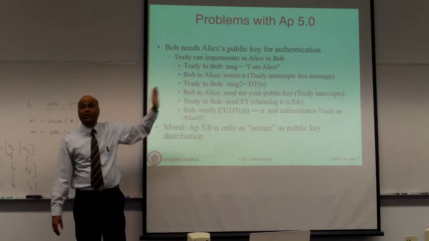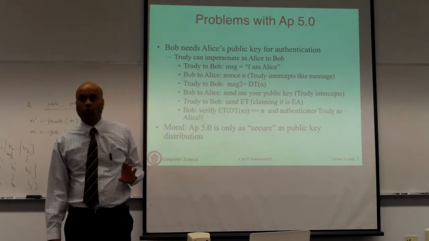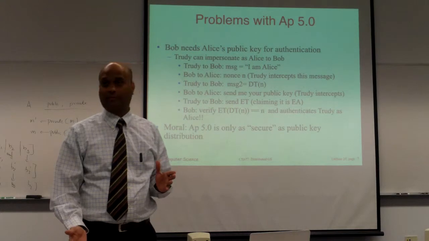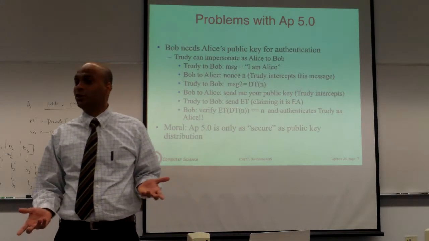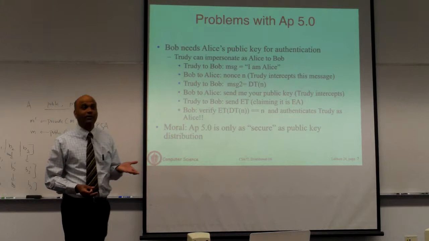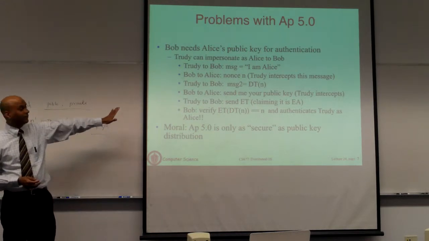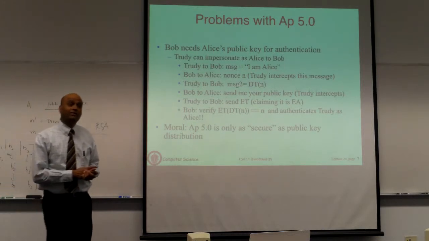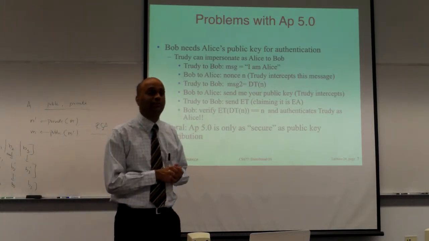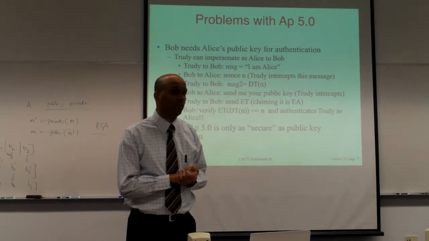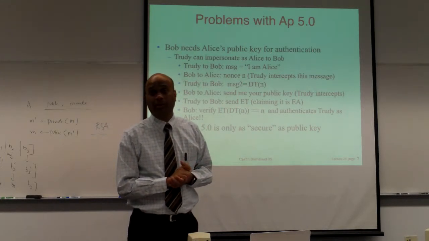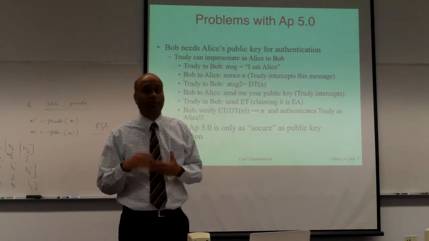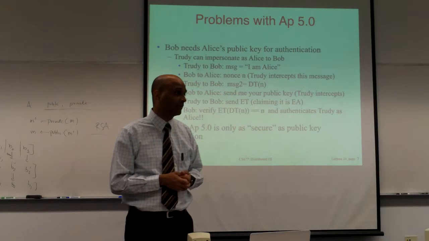This is equivalent to, you want to protect your home, you buy a big lock. You lock your house and you keep the key under the mat. Now if the key is not secure, the lock is not going to be secure either. Same problem. The encryption algorithm is secure, but key distribution is not secure. So if you can get somebody else's key or impersonate your key as someone else's key, then there is a problem with the protocol. So this is something to keep in mind. Many secure protocols get broken not because there's a problem with the protocol, but there's a problem with how keys are distributed.